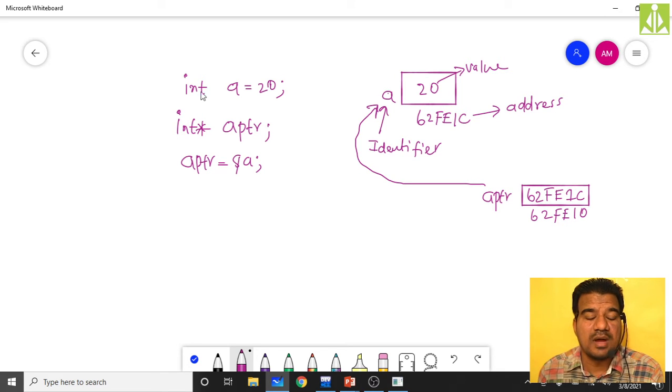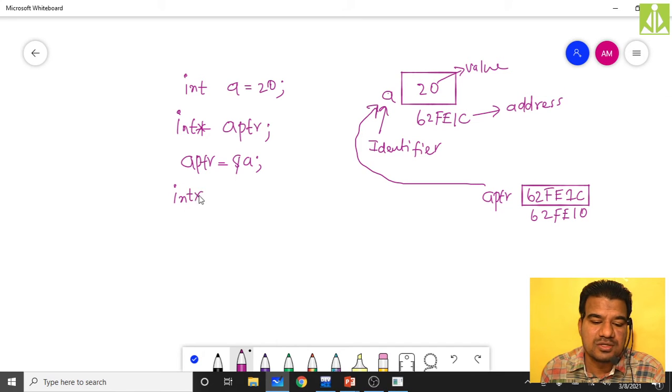For storing the address of int star, what type of variable do we need? We need int star star. One more star you just add. So int double star, a pointer to pointer. This variable, whatever you are going to declare, is capable of holding the address of a pointer, not a normal variable, the address of a pointer.